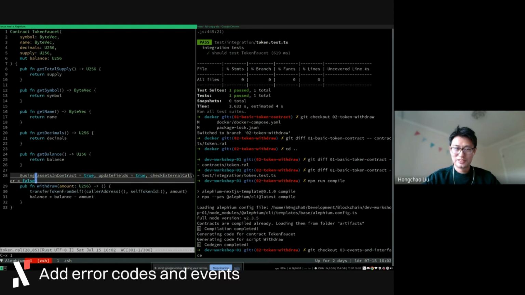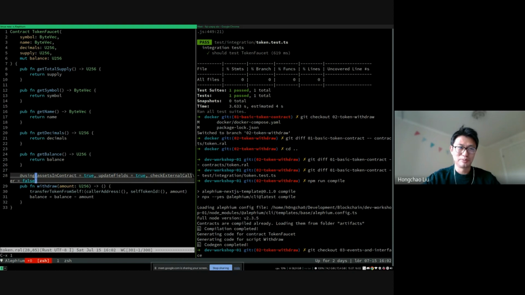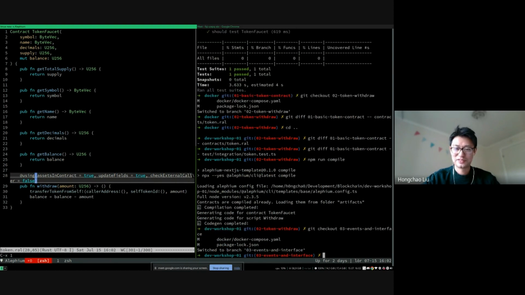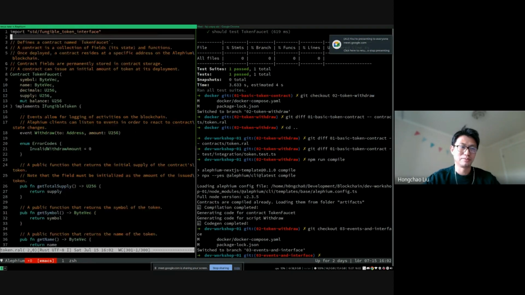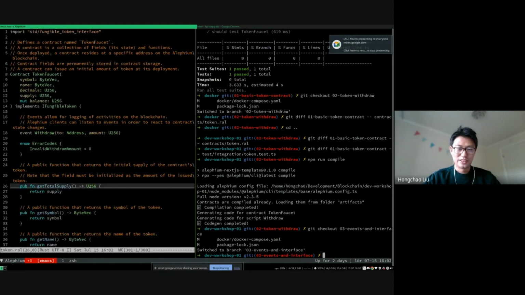So the next step, we didn't add any new features. We basically just added some events and error codes and so on. So this will become pretty much the same contract code as the Next.js template that we have on our GitHub repository. So this is exactly the same now. But since we have grown from the bare minimum, you can recognize the only thing that's different right now